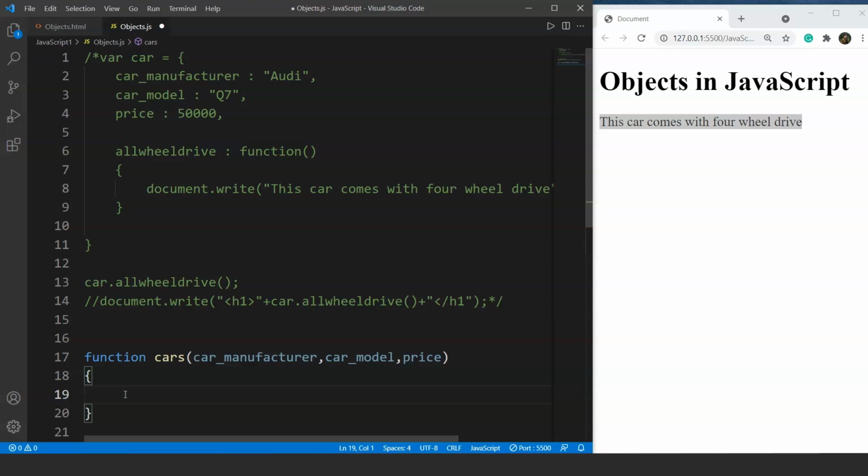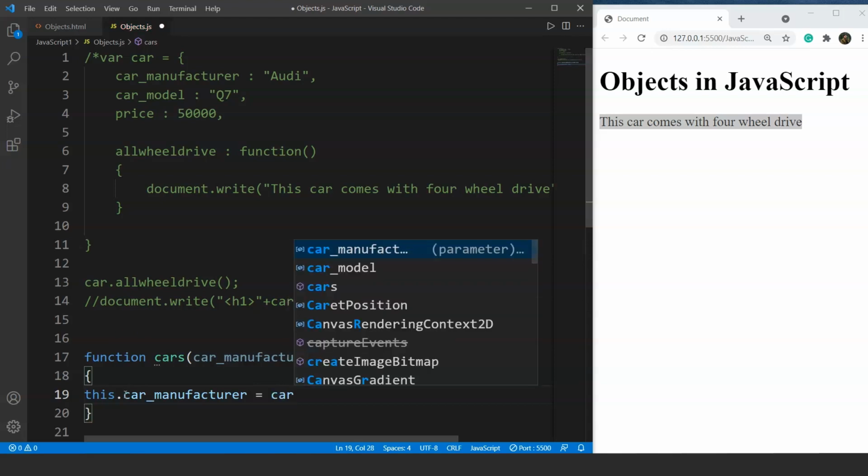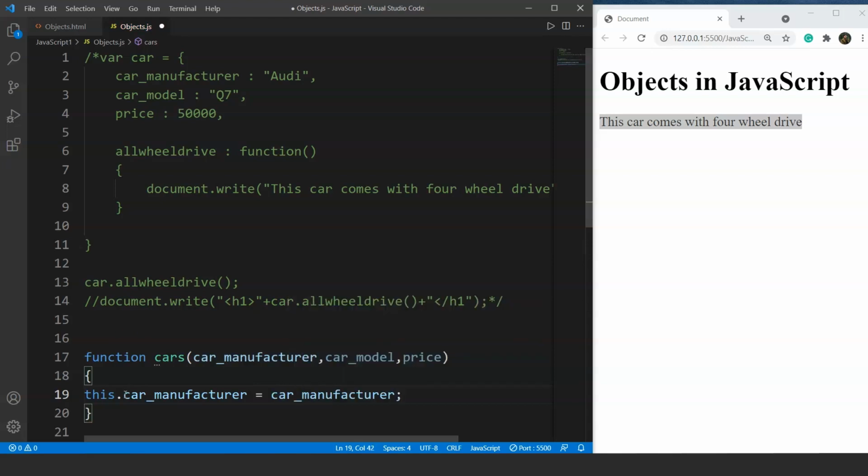So what we are doing here is, whenever we are creating any object using this constructor function, we will pass specific values like the car manufacturer, car model, and the price, all of these values. So all these values will be present at the RHS. So let me write this first. Let's say we are using this dot and the property name car manufacturer. We'll write here car manufacturer. So all these values will be present at the RHS, and the actual property of the object will be this dot car manufacturer. So this is the actual property of this method.